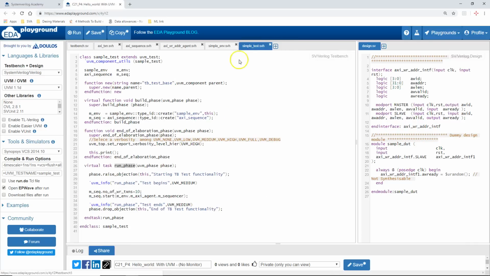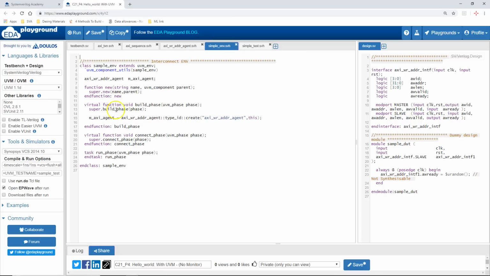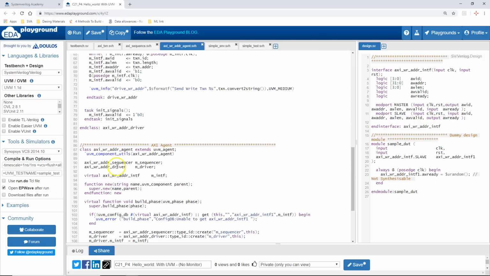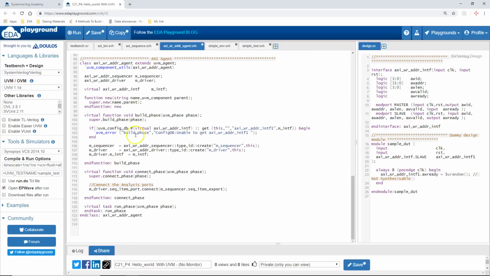When it is calling the build phase, you can see that the build phase is eventually calling another create call. This create call will again call the env build phase function, and when the env build phase function is called, it will again call the agent build phase function. When the agent build phase function is called, it will call the build phase of the sequencer and the driver as well.